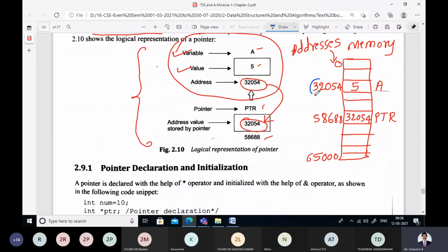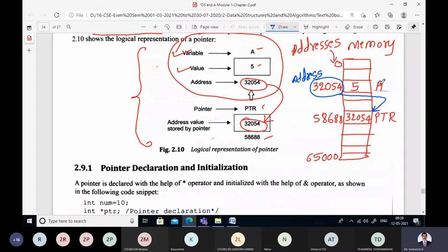Now what does it indicate? This is the memory address which is being stored in the variable PTR. So this is the address, and an address is stored in a variable. That's why pointers are made. So a pointer is a variable. Now if we define a pointer like this, it will be clear. A pointer is a variable which contains the address of another variable.